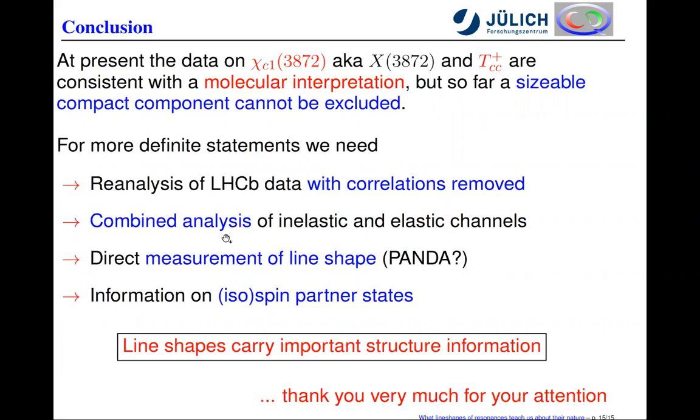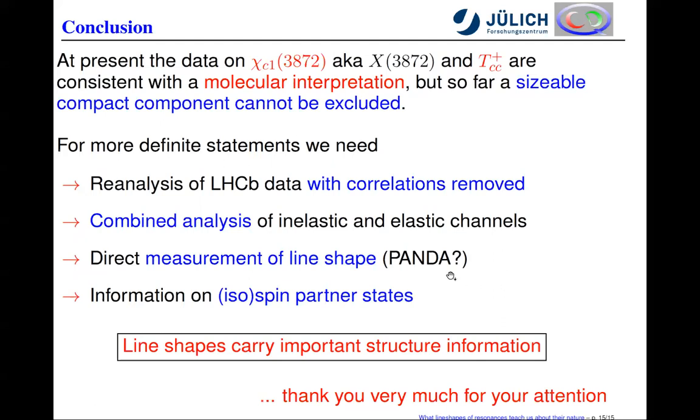We need a combined analysis of inelastic and elastic channels, because then one no longer needs to impose a constraint in the fit of the J/psi pi pi LHCb data, but one just directly fits the D D star channel and the J/psi pi pi channel. So this will lead to an even more refined analysis. Ideally, one would have a direct measurement of the line shape. And this is something where PANDA has a promise. Again, here I forgot to provide a reference, but I think we anyway have a talk on this. I will improve the talk and give the reference for the PANDA estimates of how sensitive they are to the